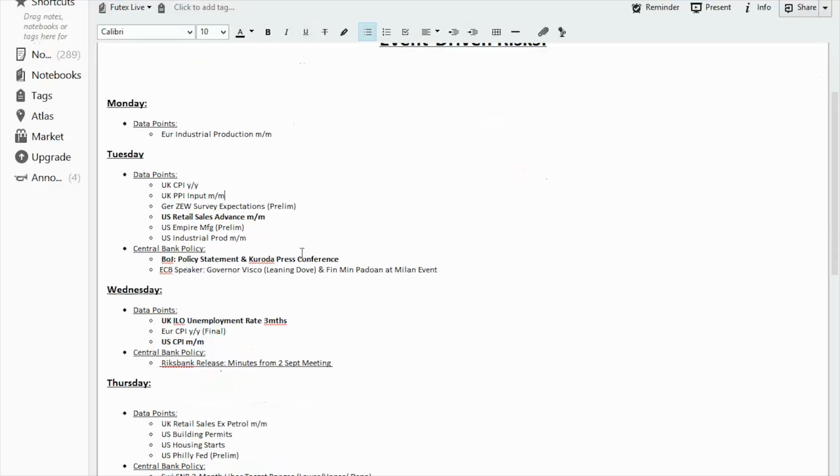Tuesday, we've got UK CPI and PPI inputs, so those are really quite important for anyone watching closely the BOE's monetary policy stance. Obviously, CPI has been very low for quite a long time now, pretty much near zero. So at the minute, the BOE is really waiting to see if we can get any sort of inflation that could possibly change their voting structure from what we saw last week, which was an 8-1 in favor of hiking rates, so only one was really in favor, which was McCafferty, which he's always been. He's probably the most hawkish, but do keep an eye on these CPI numbers because they're quite important for that